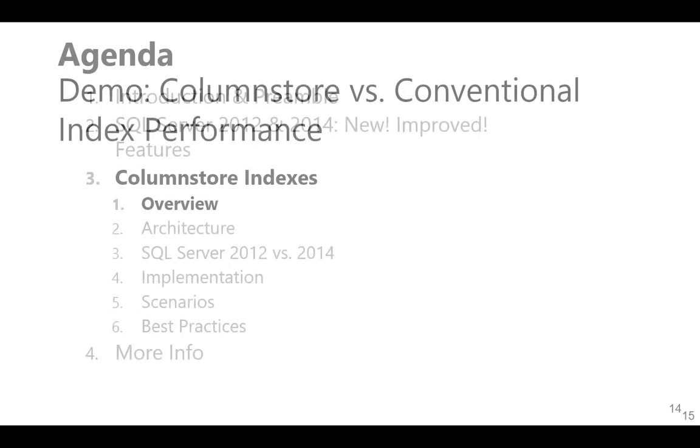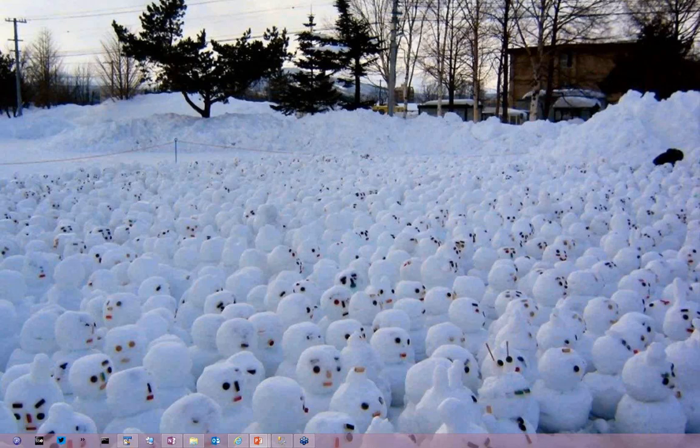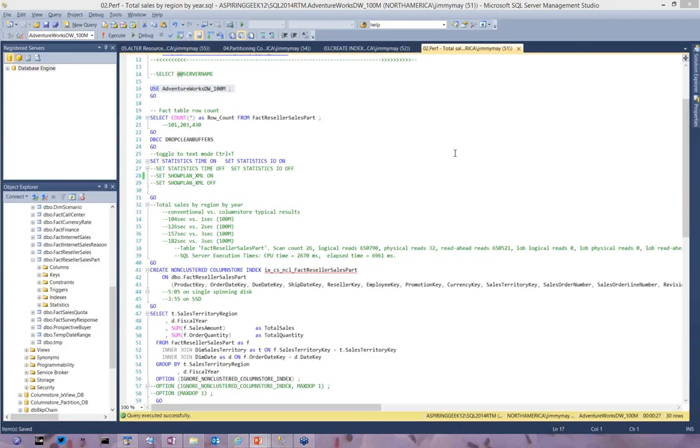Okay, hey, let's dive right into a demo. And this is a lot of fun. It's a very simple, straightforward demo. It's a special implementation of an AdventureWorks database where we have taken a partition table and expanded it to